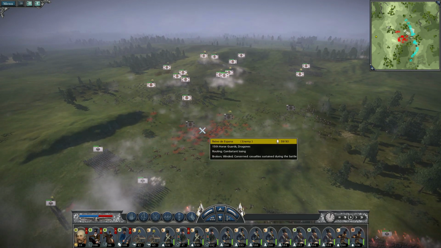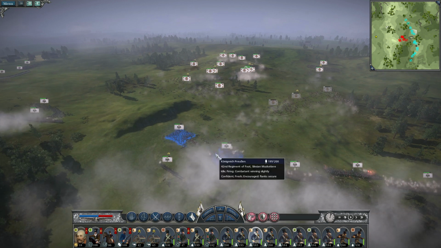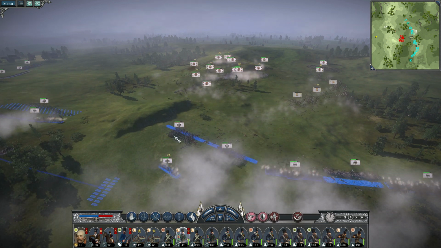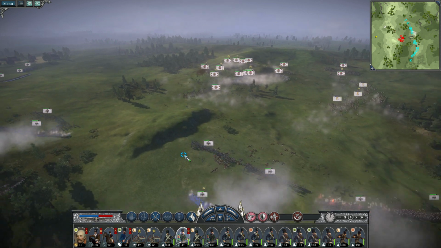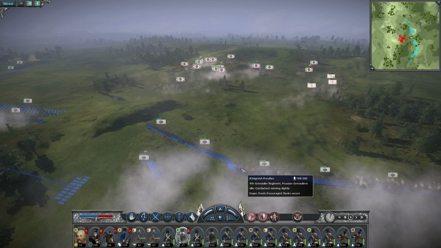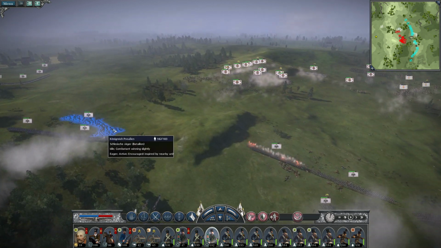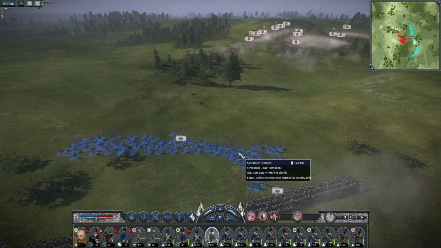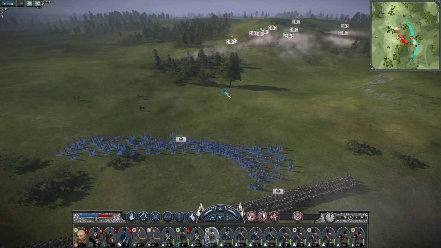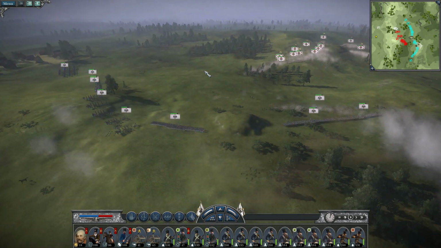Their first attempt to break our army in two has failed. But they have inflicted quite a bit of damage on my units, especially this little Jaeger unit. The general has arrived to take part, and I don't know what you guys are doing. But it would be favorable if you would be facing the enemy, and not only that, firing on the enemy